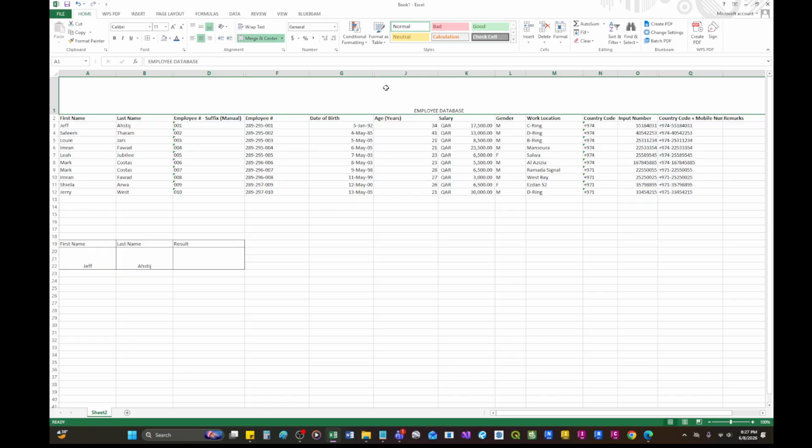And then make the font, Arial will be enough, or maybe Verdana. And then make this 25, or make it bigger. Make it 40. And then make it bold. Like that.